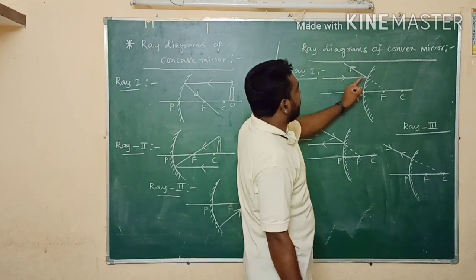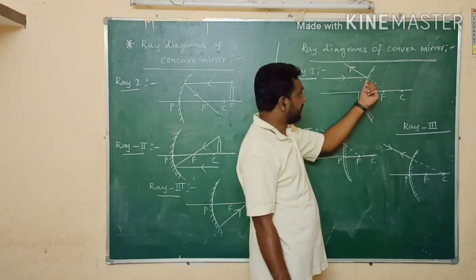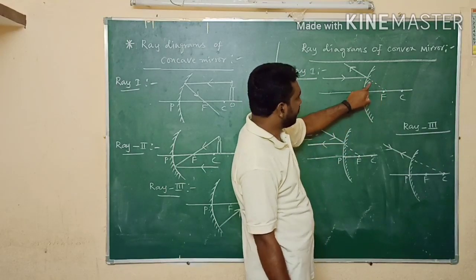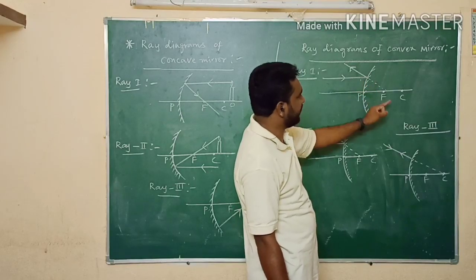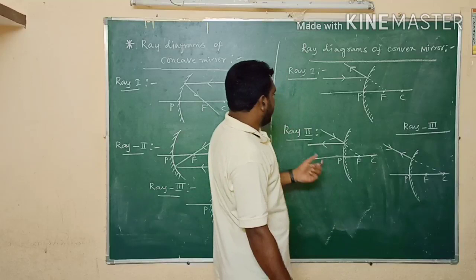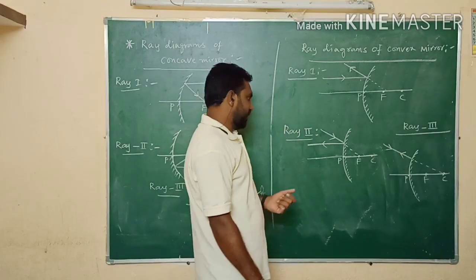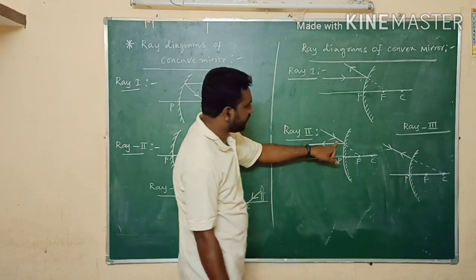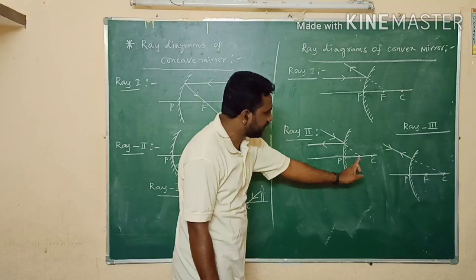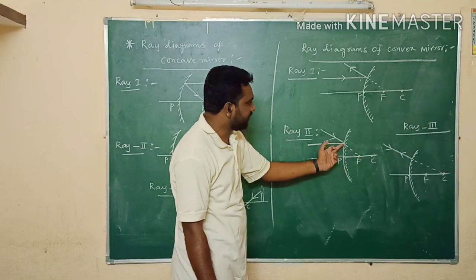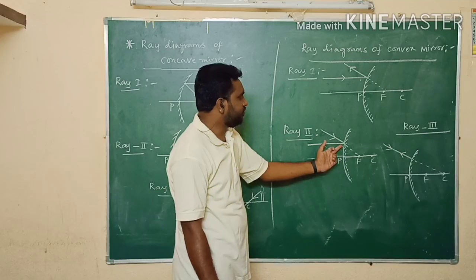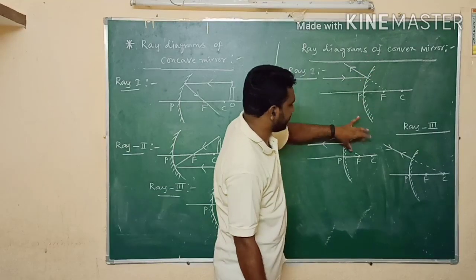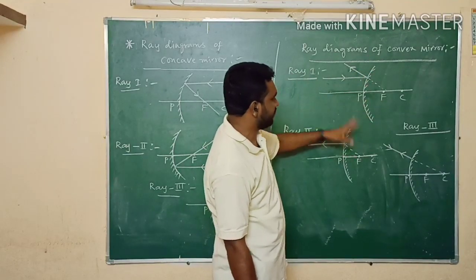But if we extend this reflected ray behind the mirror, it appears to pass through the focus. That's why I kept the dotted lines. Dotted lines mean it is an extended result. That is the difference. And if we consider rule 2, here also it is the same thing. If we send the light toward the focus, this is the incident ray. If we extend the incident ray, it appears to pass through the focus. And after hitting the surface of the mirror, it returns back parallel to the principal axis. So these are all extended light rays, virtual light rays. That's why I kept the dotted lines.